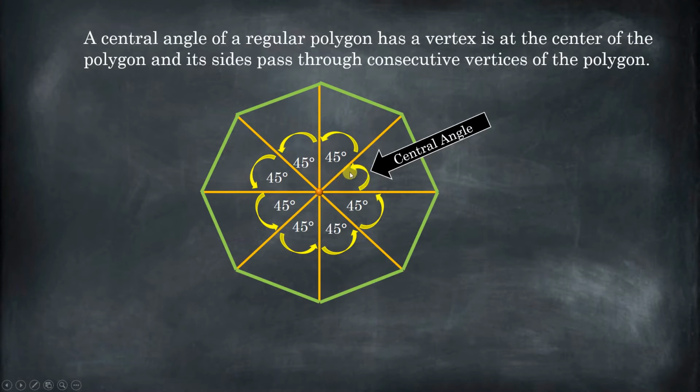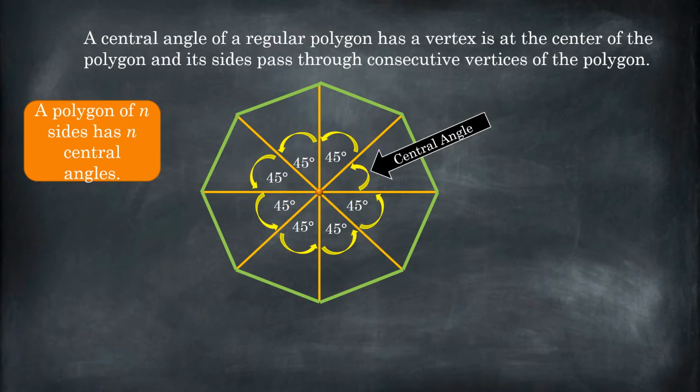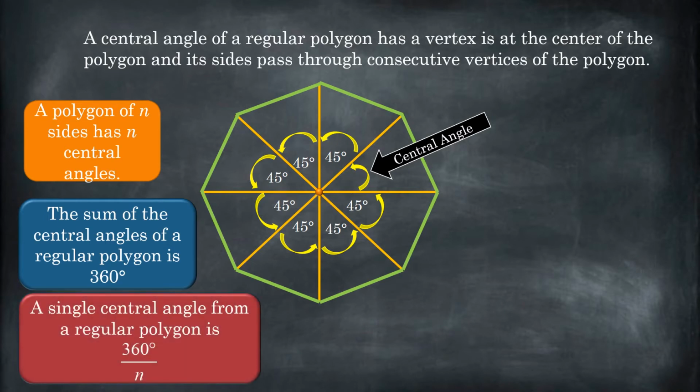So this octagon has 8 central angles. Regardless of how many sides it has, the number of sides will be the same as the number of central angles, and the sum of those angles is going to be 360 degrees. Because of that, if you had a regular polygon and you were asked, hey, what's the measure of the central angle? All you'd have to do is divide that 360 degrees by n,